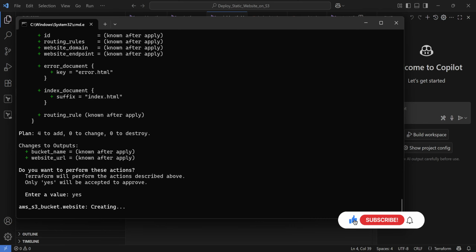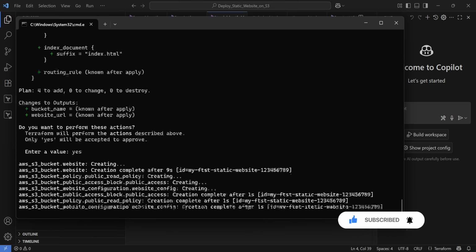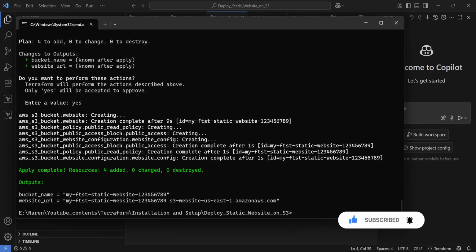Now you can see the AWS S3 bucket website is being created, and the bucket has been created successfully. It also set the public read policies, public access block, and the website configuration has been created. It is putting index.html and error.html.